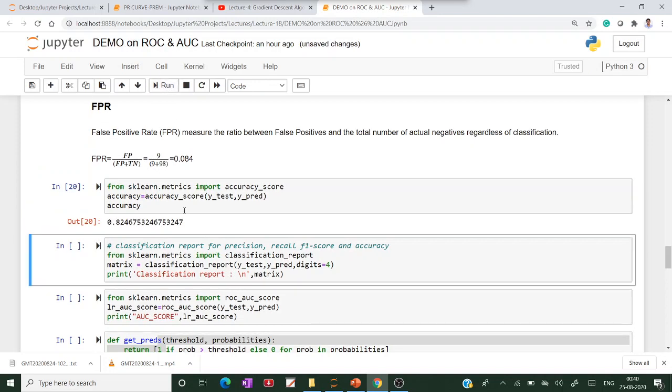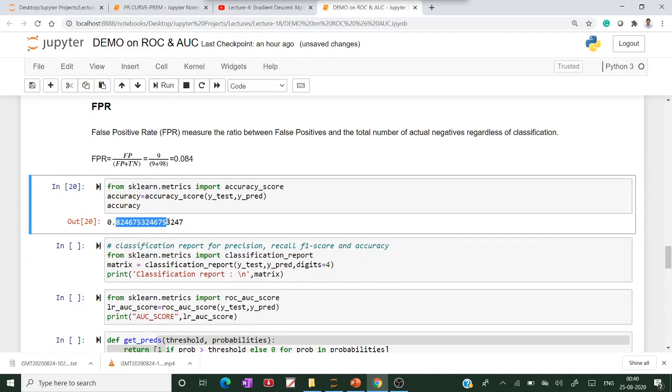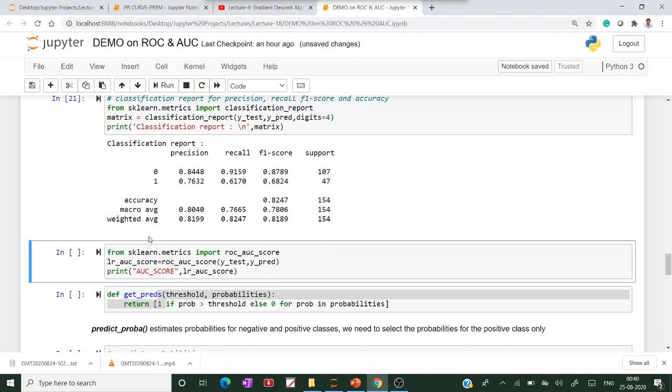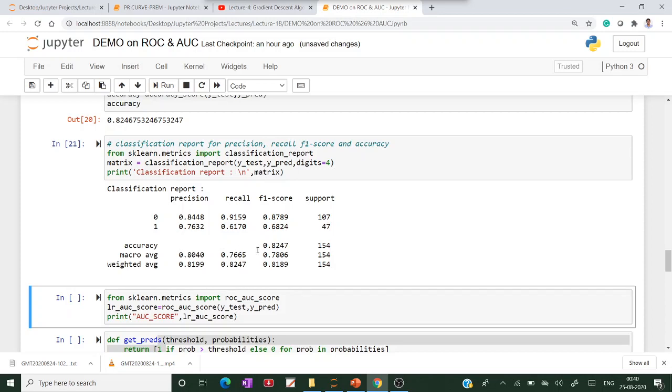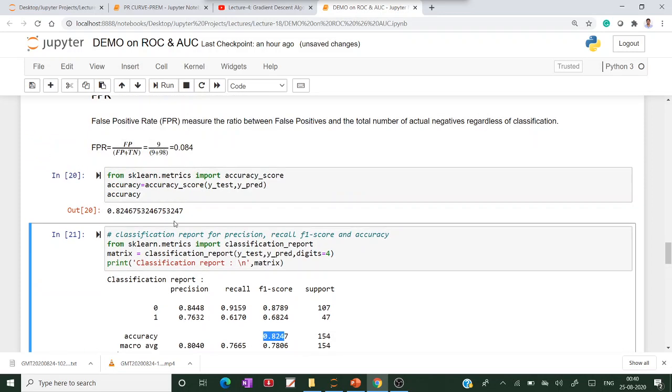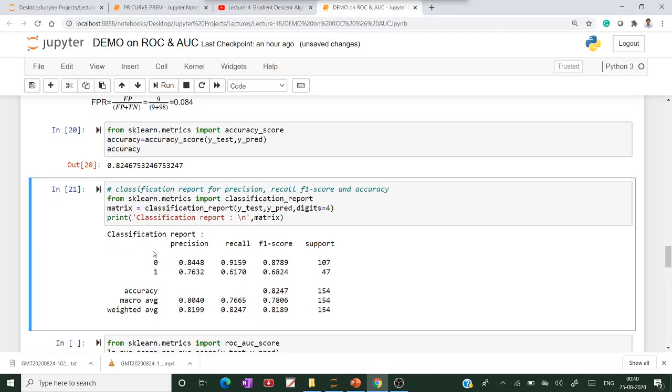This is the accuracy of the model, 0.82, which means 82%. And this is the classification report. In my previous lecture I already discussed all the metrics, so in this lecture I am not explaining these values in detail, but I am showing them here for comparison.